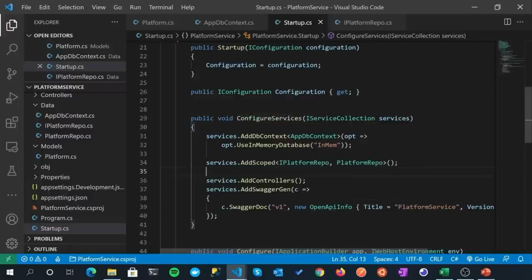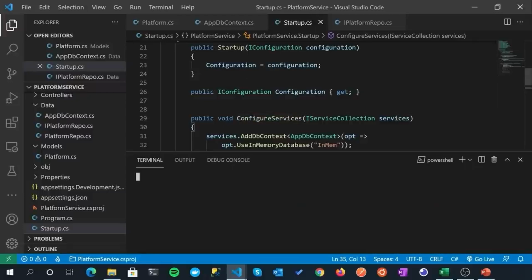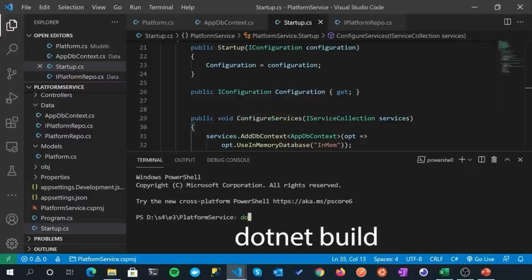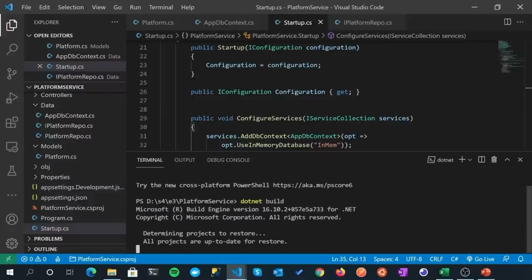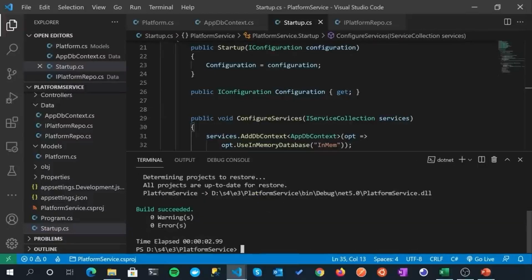The one thing we've not done so far is build. So let's just bring up our command line and do a .NET build. There's not much to run yet, so we'll just do a build. I mean, it should be okay. We'll run it once we've come to the end of this section of data stuff. So that's all good. I just want to do that, make sure we're okay to go.